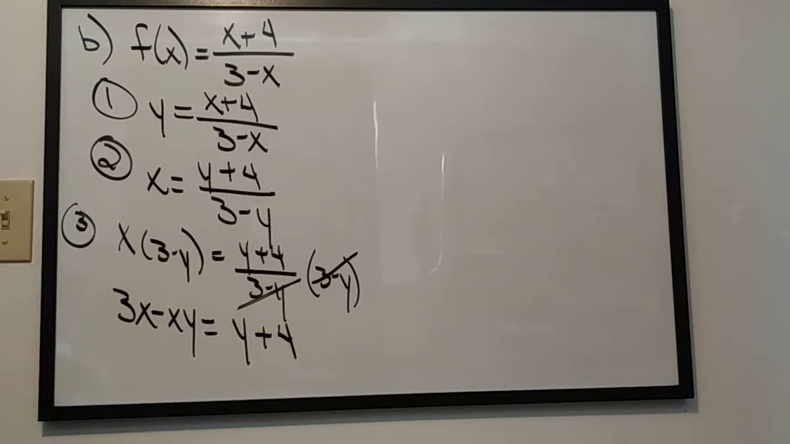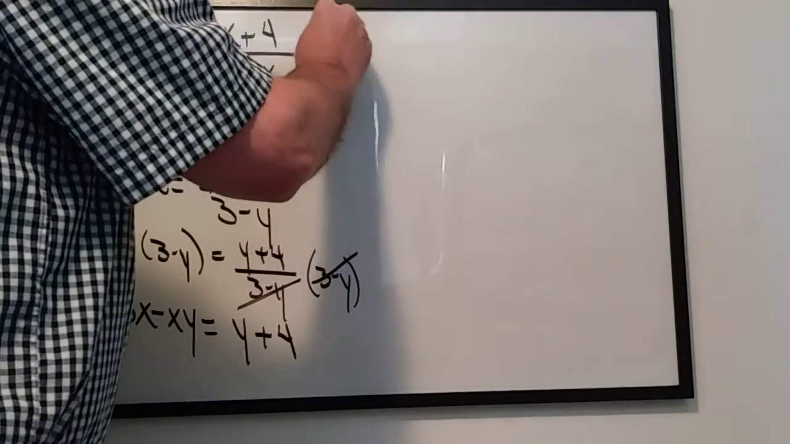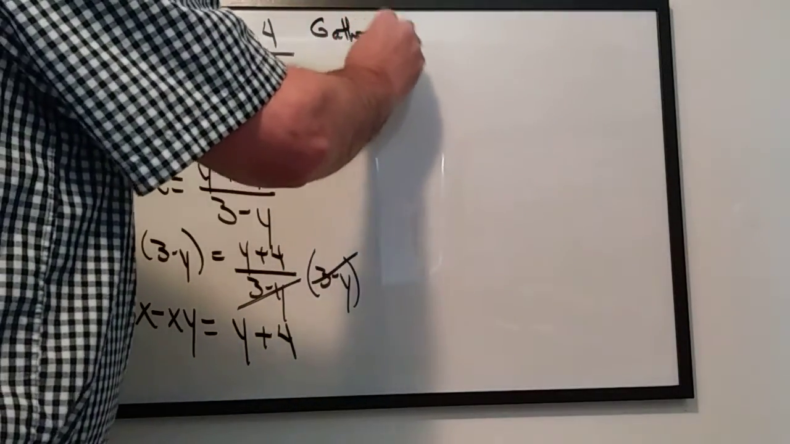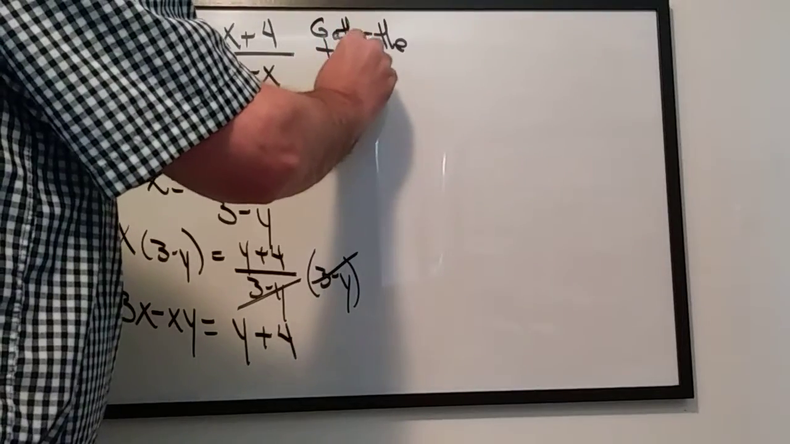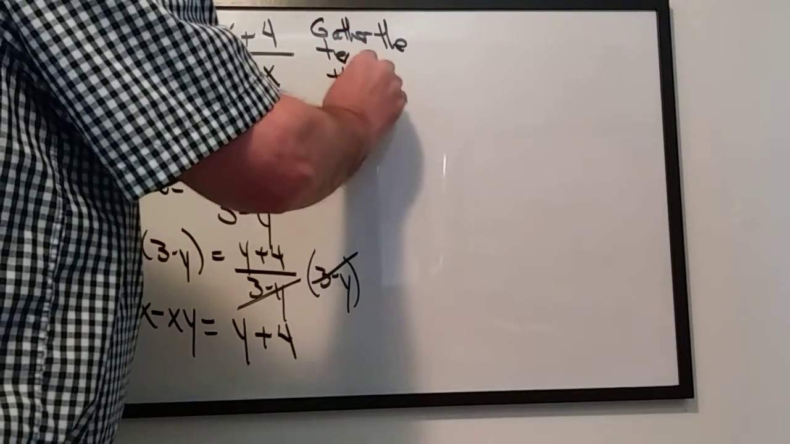So in order to make that happen, we need to do some very special steps in the next few steps. What we need to do is get all the terms that involve y on one side of the equation, and then we need to get all the terms that don't involve y together on the other side of the equation. And that's worth a written comment. So I'm going to say, gather the terms that involve